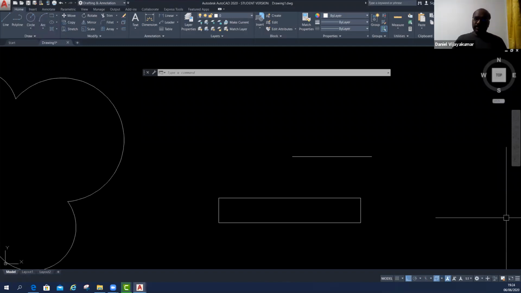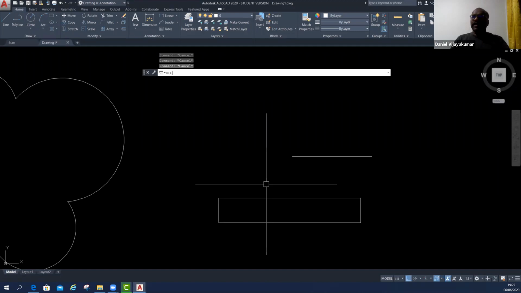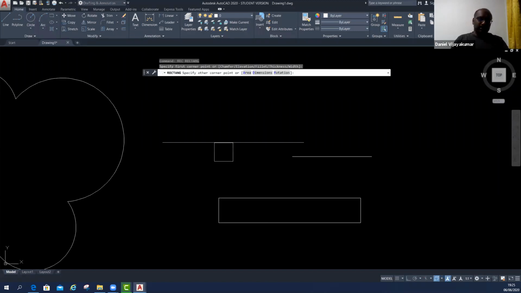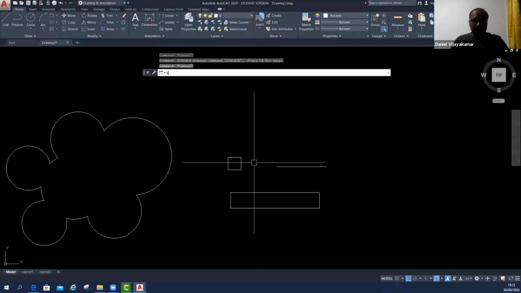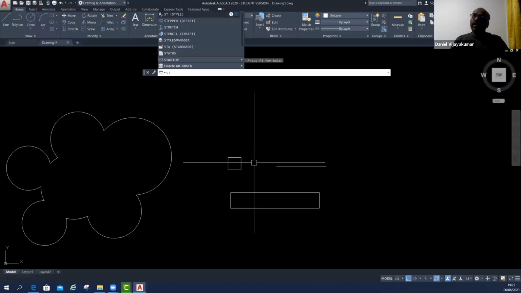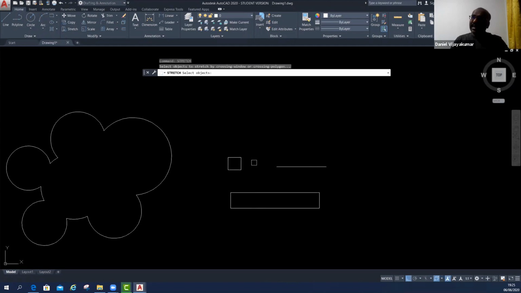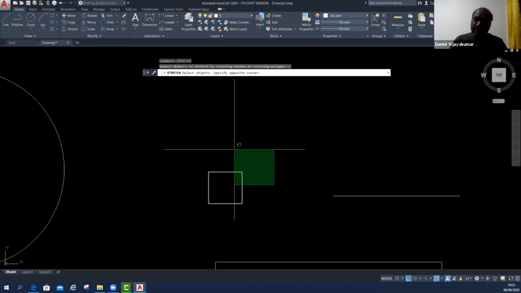Understand? The other way, I have the rectangle, the square. I am going to do the stretch command. S-T-R-E-T-C-H, stretch. Select. Now I'm going to select only one edge. Select, enter.